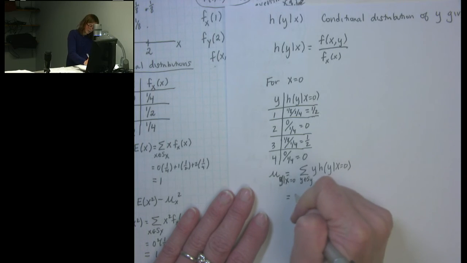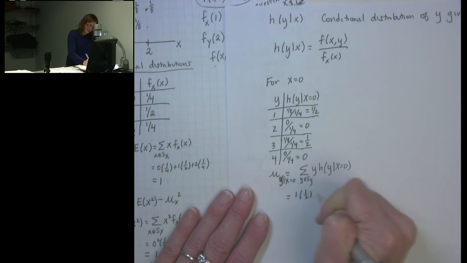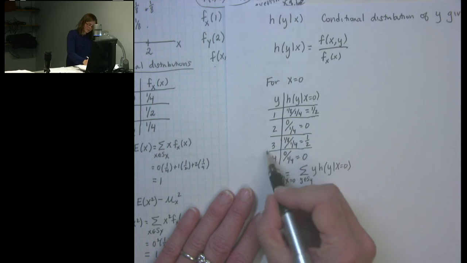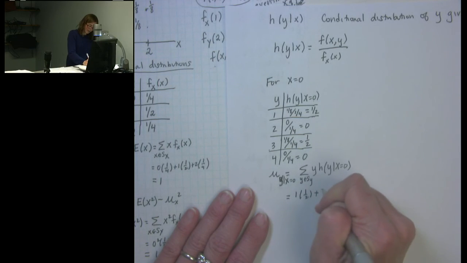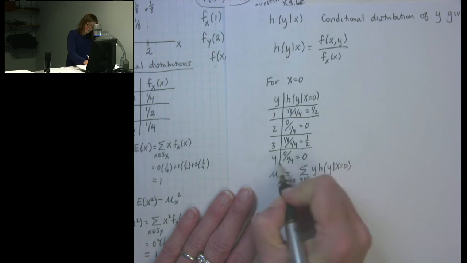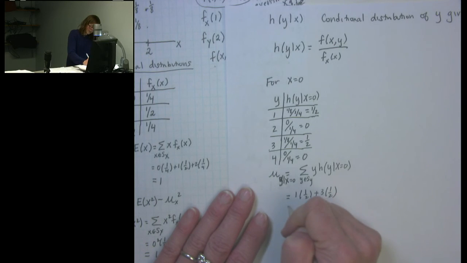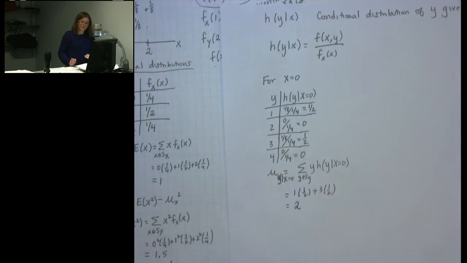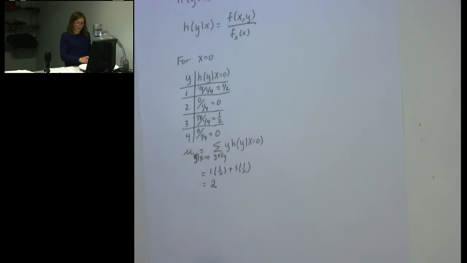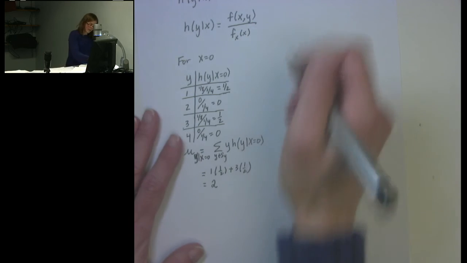It's going to give me 1 times 1/2 plus 0 plus 3 times 1/2 plus 0, which gives me 2. If I go through the same kind of process, I can